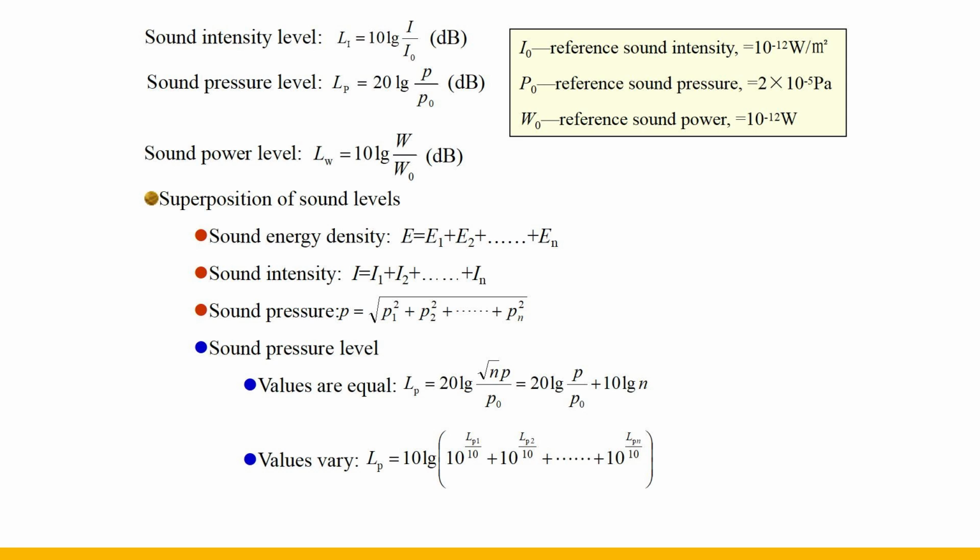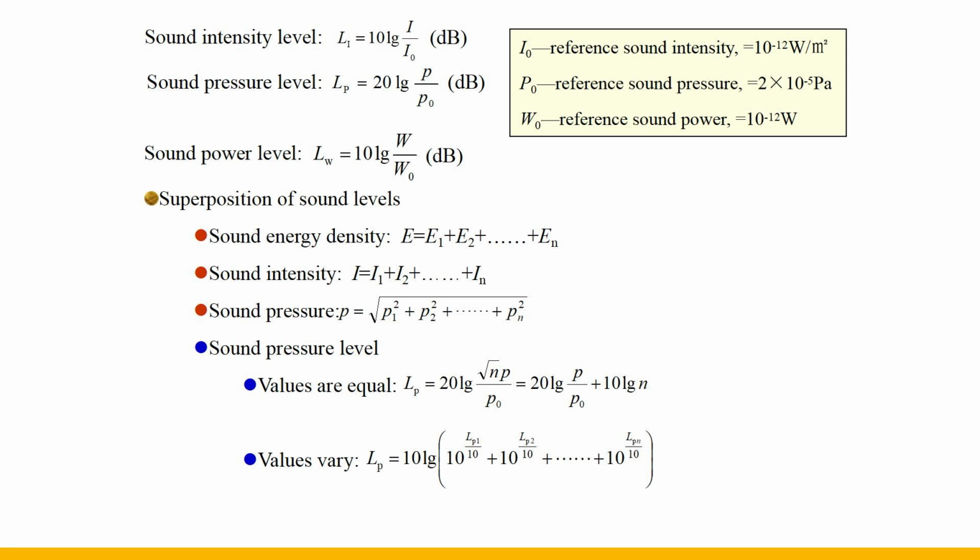The corresponding sound intensity level is 0 decibel. In the free sound field, when the medium characteristic impedance of air is equal to 400, the sound intensity level and the sound pressure level are numerically equal. Since the characteristic impedance of air at room temperature is approximately 400, it is generally considered that the two values are equal. It can be seen from the definition of sound pressure level that a 10-fold change in sound pressure is equivalent to a 20 decibel change in sound pressure level.